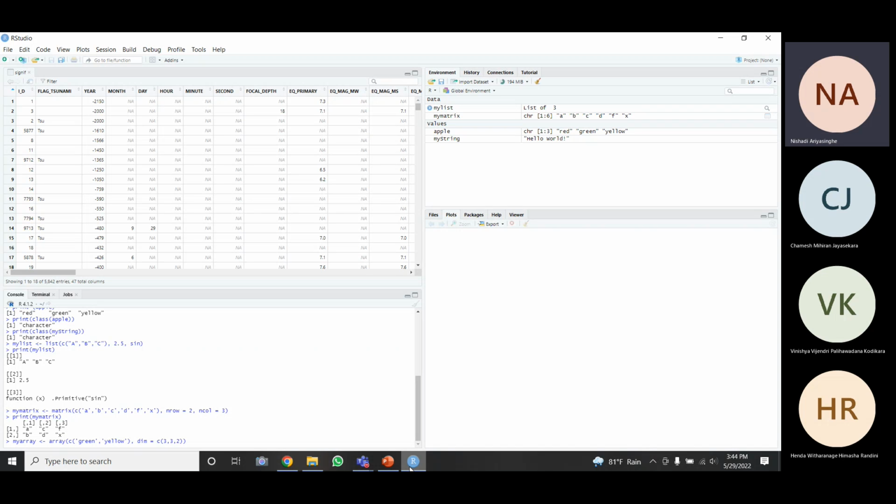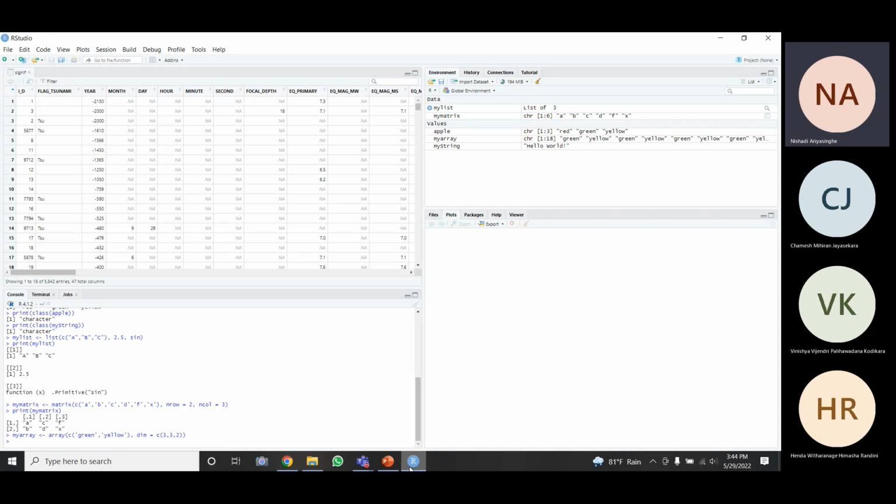So the x value will be 3, which means 3 rows will be there. The y value will be 3, which means 3 columns will be there. And the z value will be 2, which means there will be 2 sets of 3 by 3 arrays. Right? So I'm going to press enter, and you can see my array will be created.